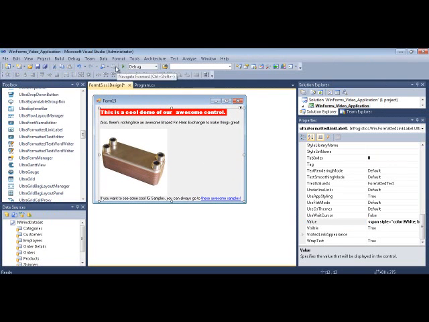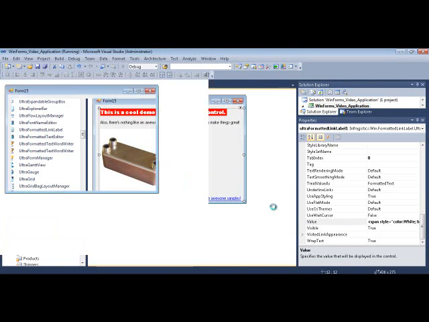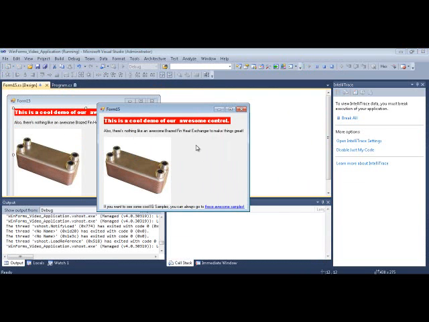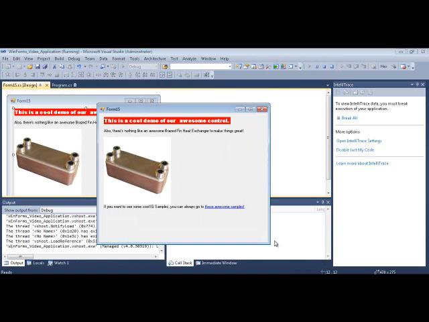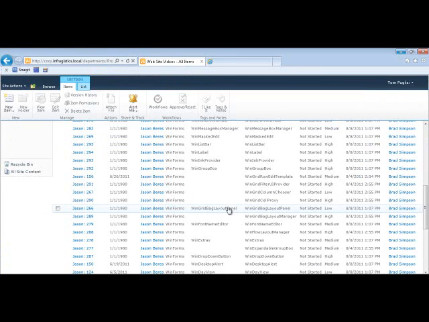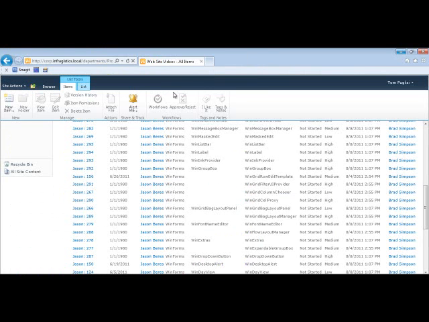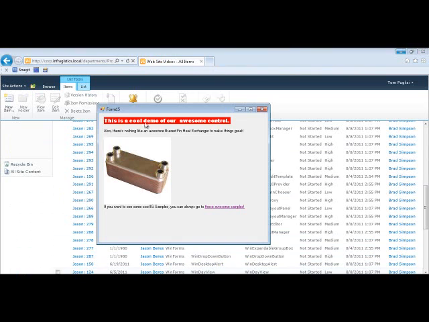So let's run it. And here's the form that pops up, and we have our image in there, and it's a solid label control. And if I click on this, it will automatically launch my browser to that page with our samples, as that's what the URL was. So again, this is a very powerful little control that you can place in your app,